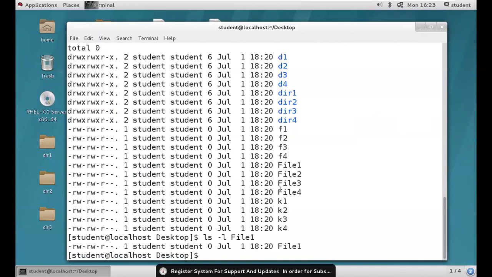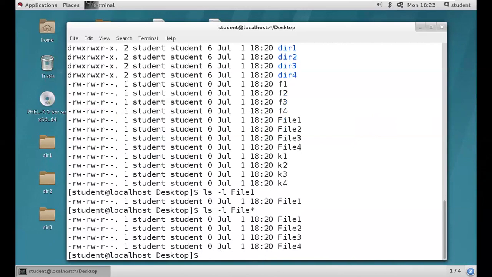Now you are going to get the file1 property, only that particular file's property. If you want, you can give star also here, a wildcard character.